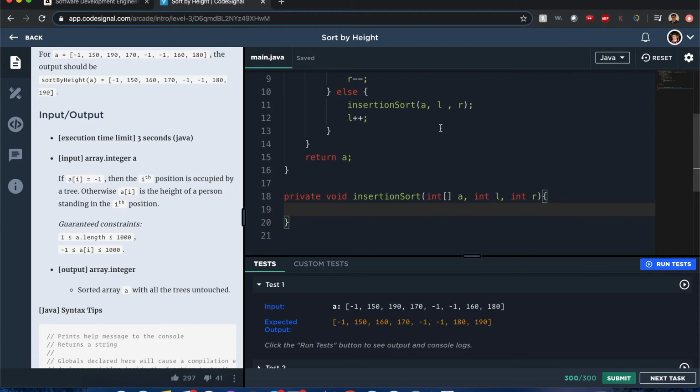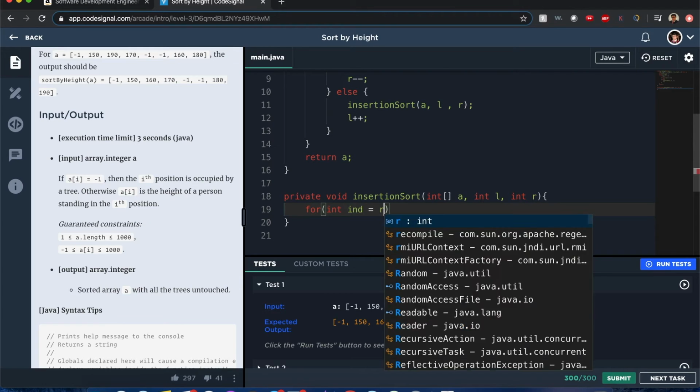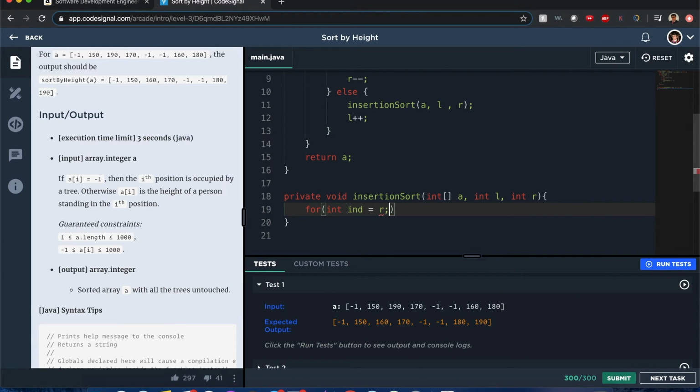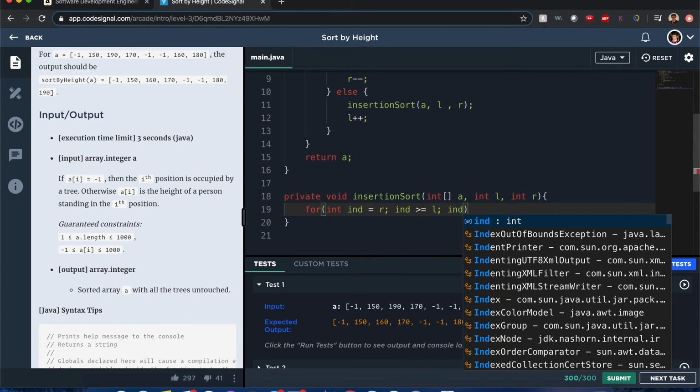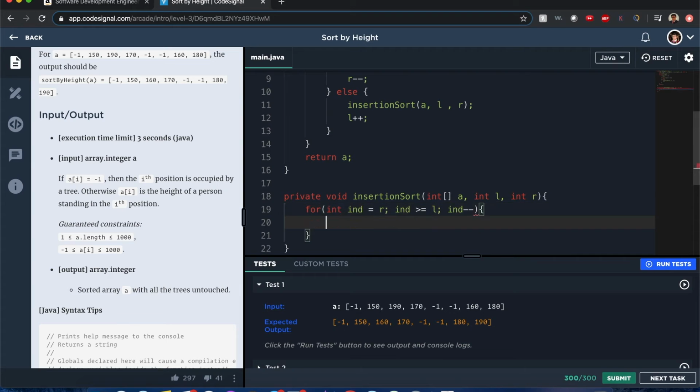Alright, so when we do an insertion sort, I start from L. No, I'd start from the R because we're going to go backwards to find the smallest value. And end is greater than or equal to L, and end minus minus. So we're going backwards. And as we go backwards, if there's a value,